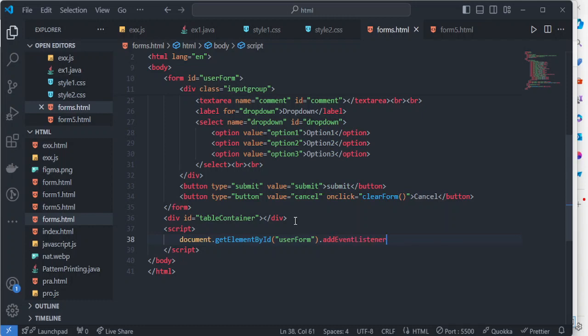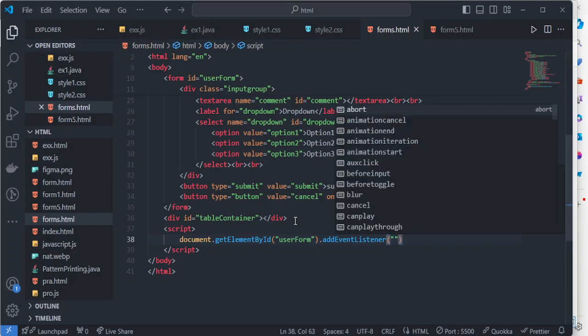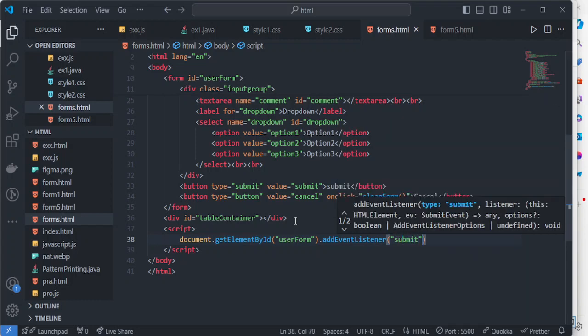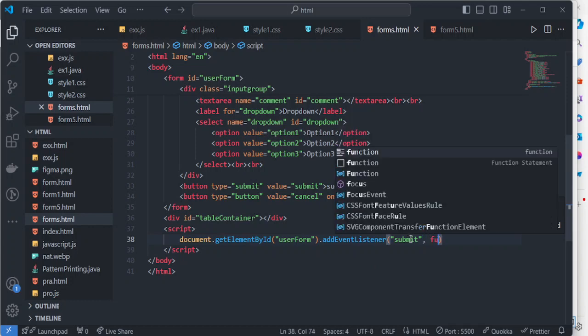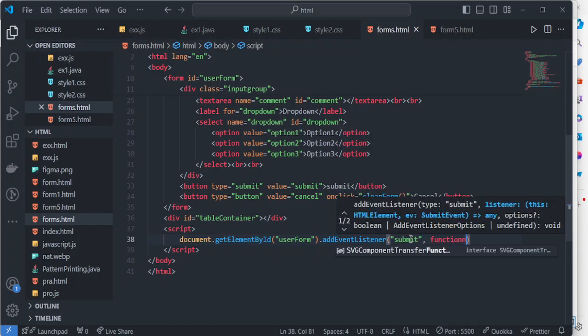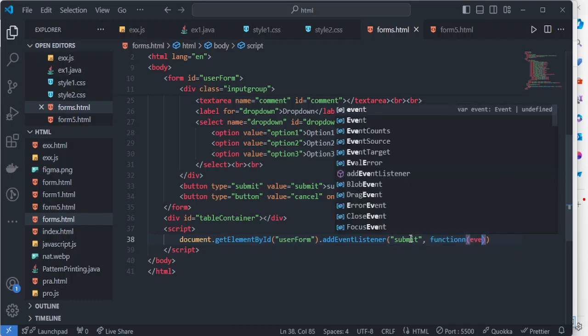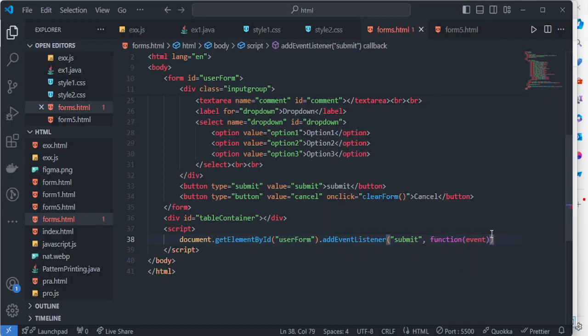Inside this I have to give submit. So when the button is clicked, the action should happen. So I am giving addEventListener to this, submit comma function, this giving event. So here, inside these curly braces,